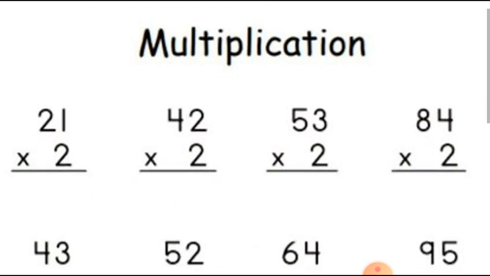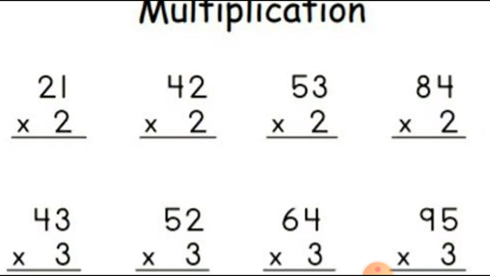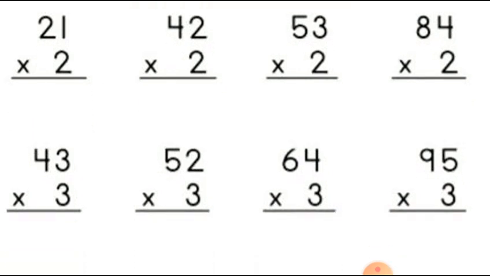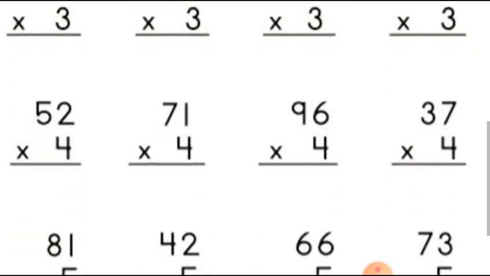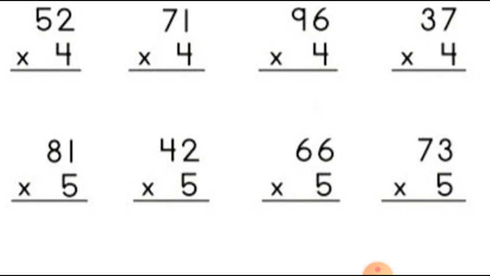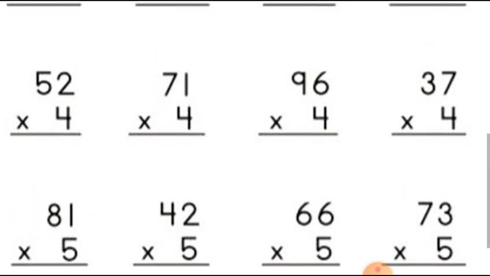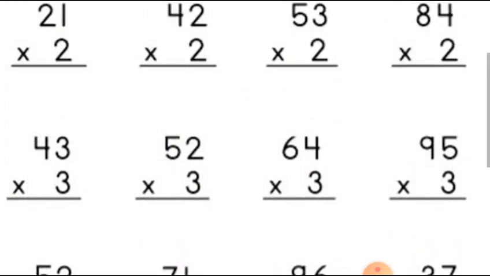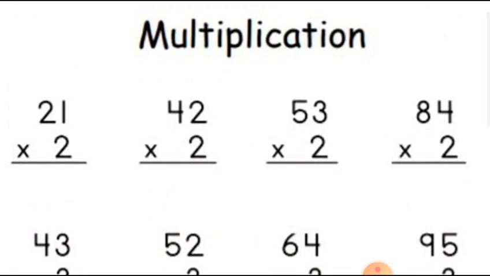Now my dears, I am giving you some homework questions and these all are multiplication of 2-digit number by 1-digit number and without regrouping. So it is very easy for you to answer. In the first set of questions you have to say the table of 2 according to the multiplicands, then table of 3, and in the third row table of 4, and in the fourth row it is table of 5. Okay, so everyone please answer these all questions in your notebook.